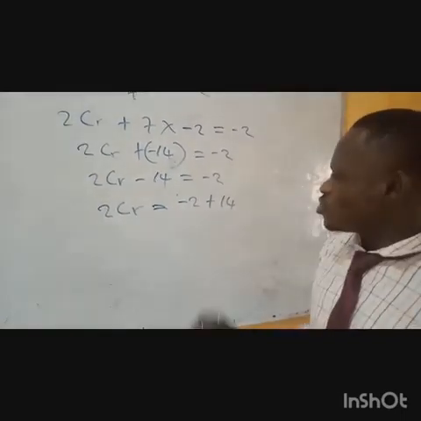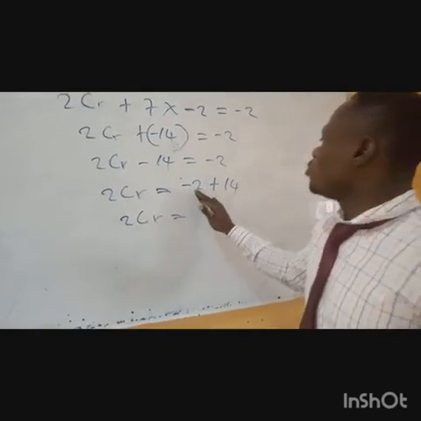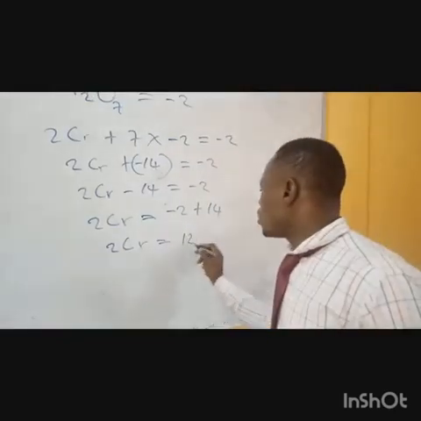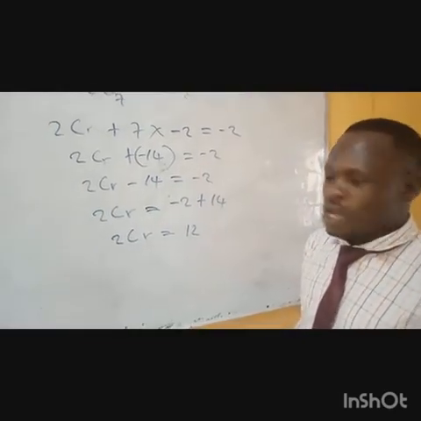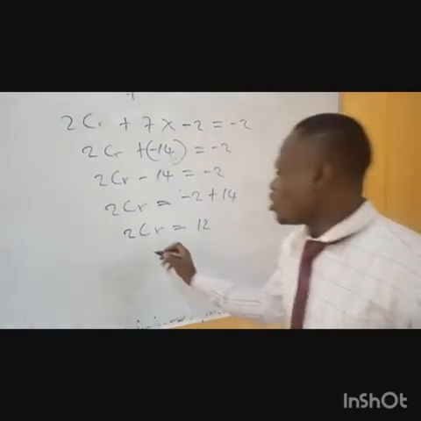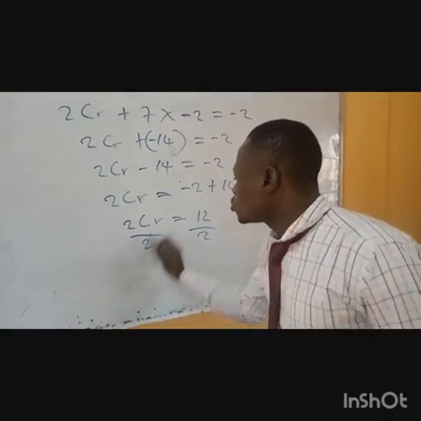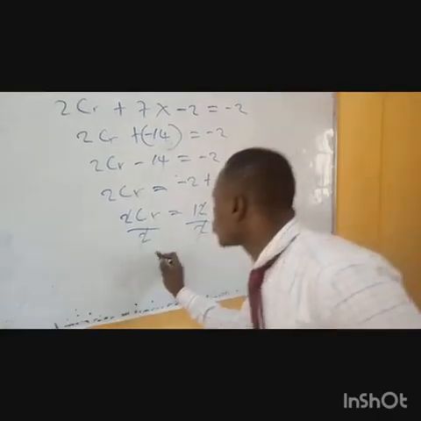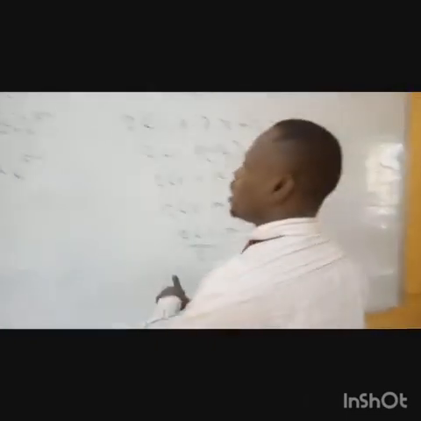Do you understand? So the next thing is 2Cr equals minus 2 plus 14, which will give you what? 12. So what you have to do, because you are looking for chromium, is divide both sides. That is the law of mathematics. You have 2 here, so divide both sides by 2. 2 goes here, 2 goes here, and you have 6. So chromium here is equal to what? 6. So you call this compound